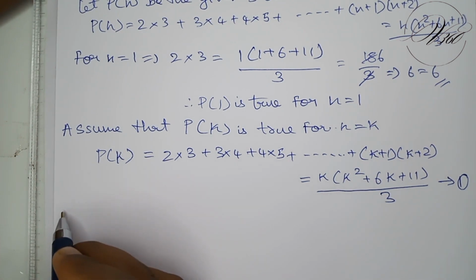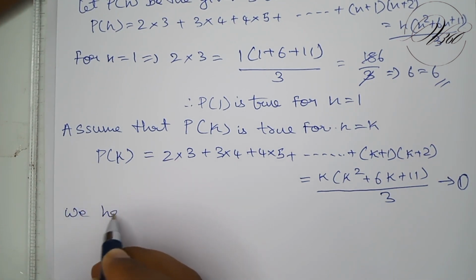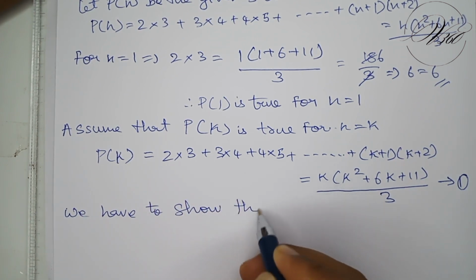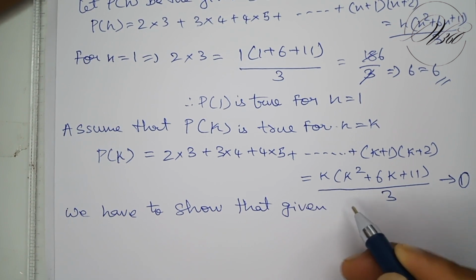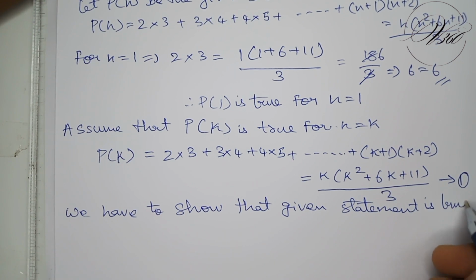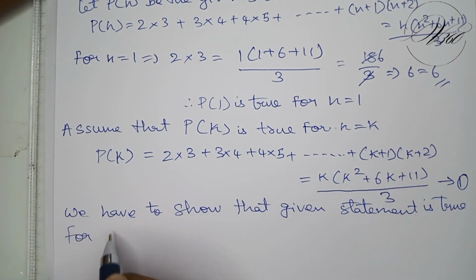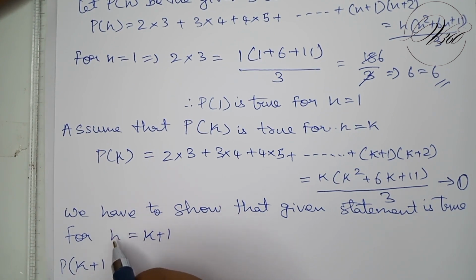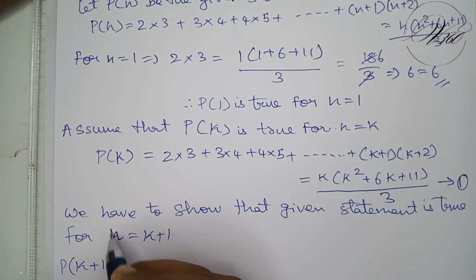Now here we have to show that the given statement is true for n equal to k plus 1. Then now we'll get P of k plus 1. Oh, sorry, I was seeing h up and wrote h here. It is n. Okay, n here. P of k plus 1 is equal to (k plus 1)